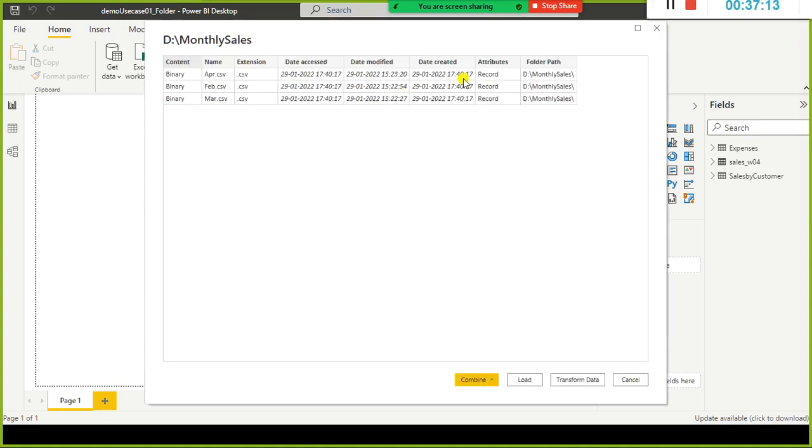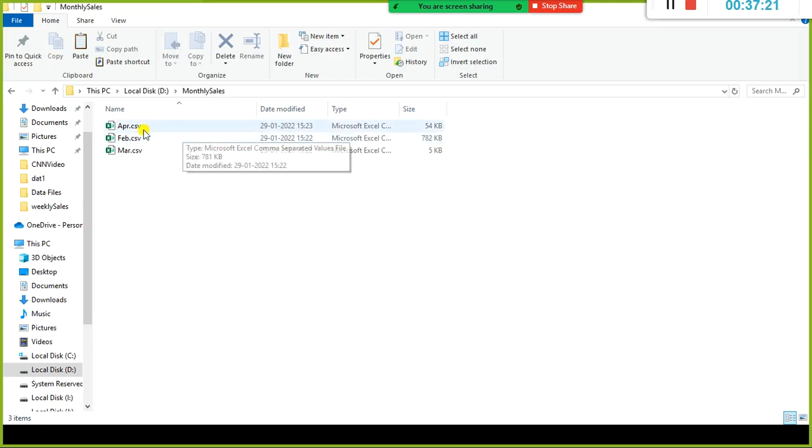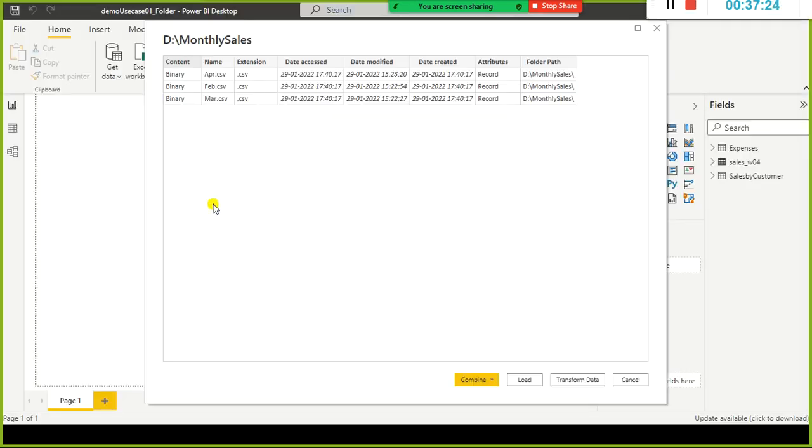Look here, all the 3 files got picked up automatically: apr.csv, 3 files, 3 month files. Let's assume that each file is holding 3 months of sales. It picked up everything. Content is binary. So the folder connection considers these 3 files as binary, though they are comma separated value files.